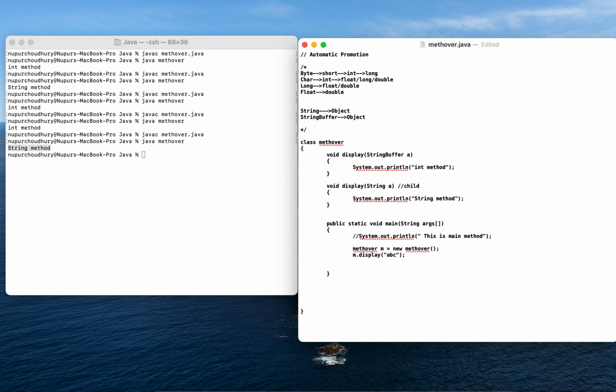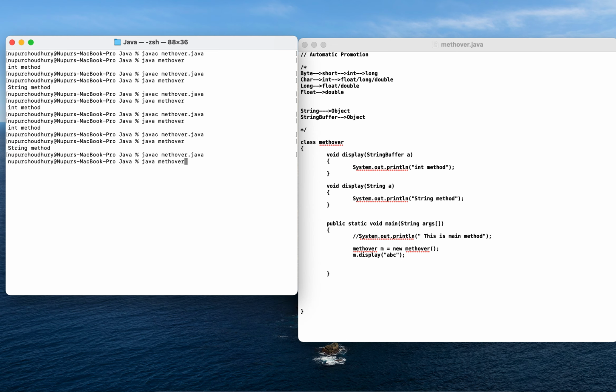So string buffer A, whereas the child will remain as string A. Now when I'm trying to compile and execute this, the second method would be printed because I have passed an argument as a string variable, right? Now if I want to call the first method, what I have to do is